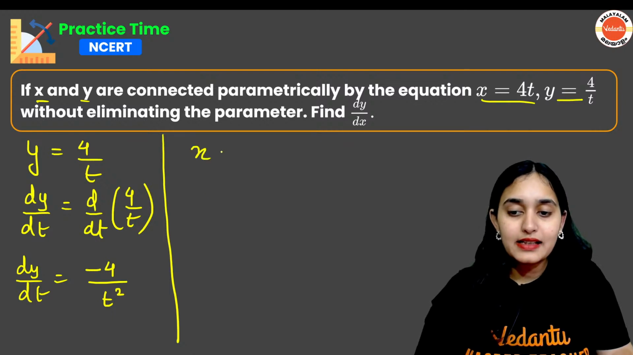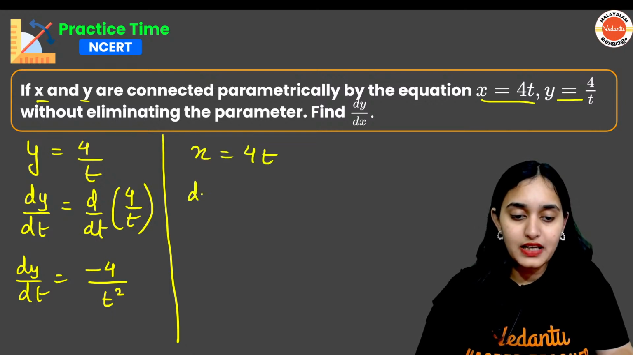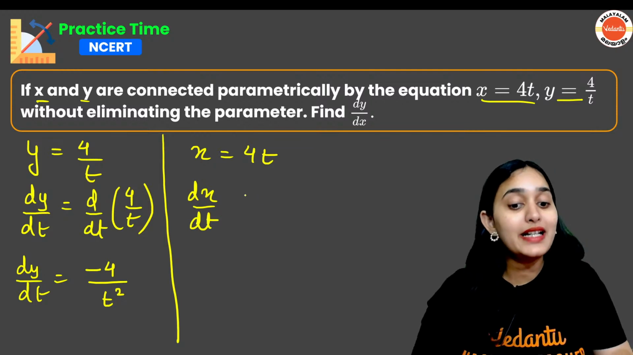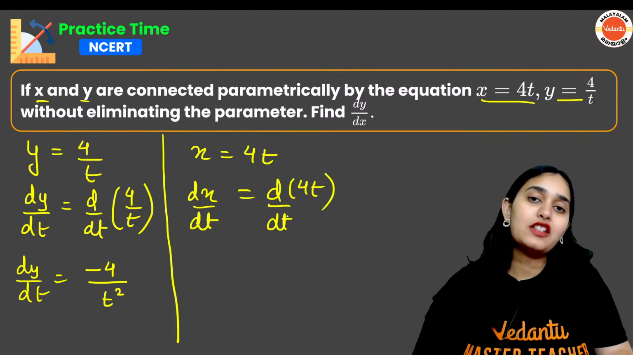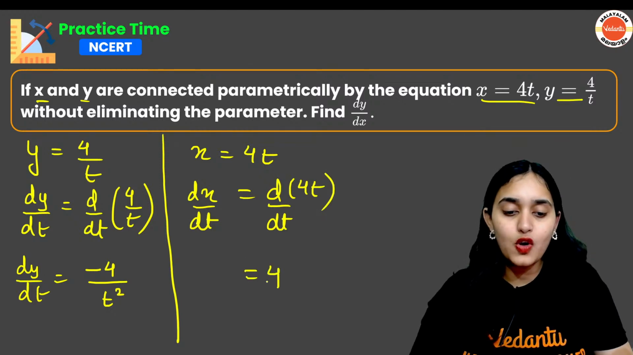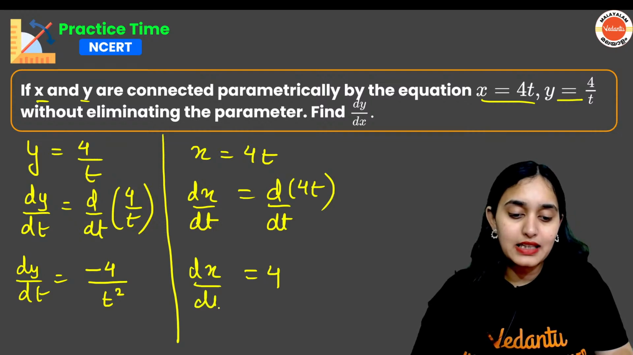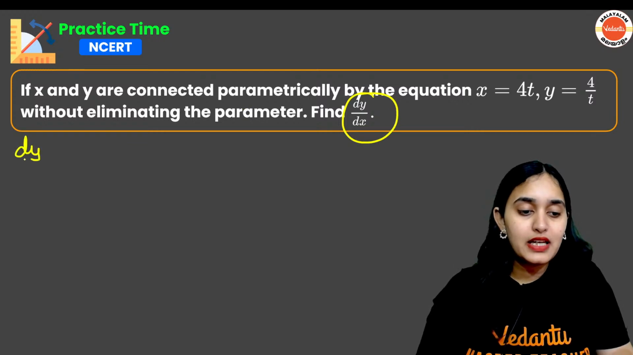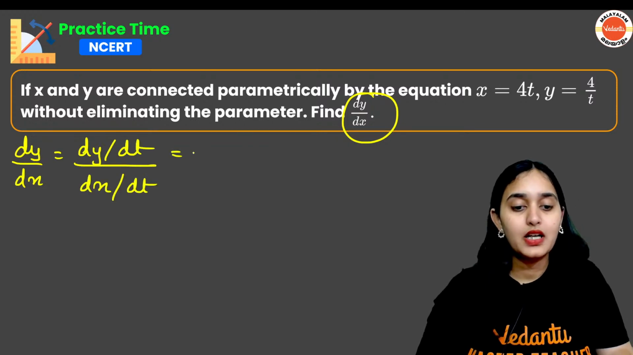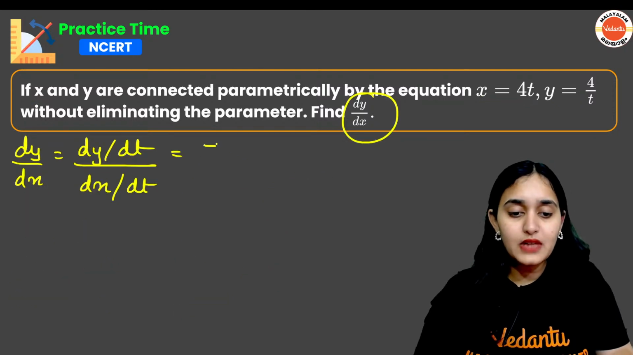Similarly, x is 4t. Differentiation of x with respect to t is the differentiation of 4t. What is the differentiation of 4t? It's just 4. So dx by dt is nothing but 4. Now we will find out dy by dx. So dy by dx is dy by dt divided by dx by dt. So dy by dt is minus 4 upon t square, divided by